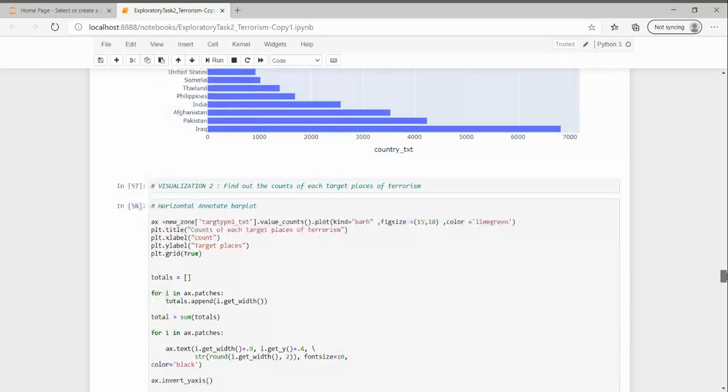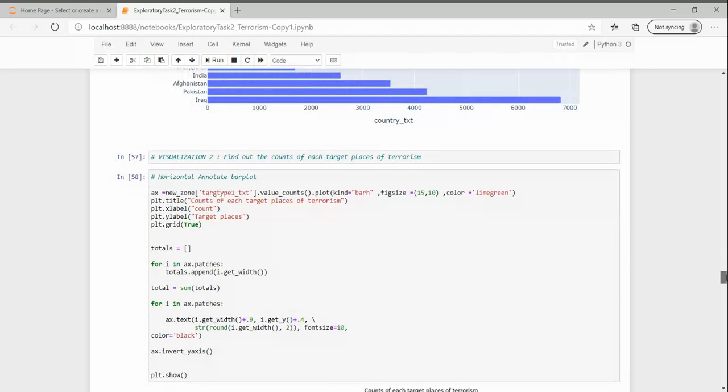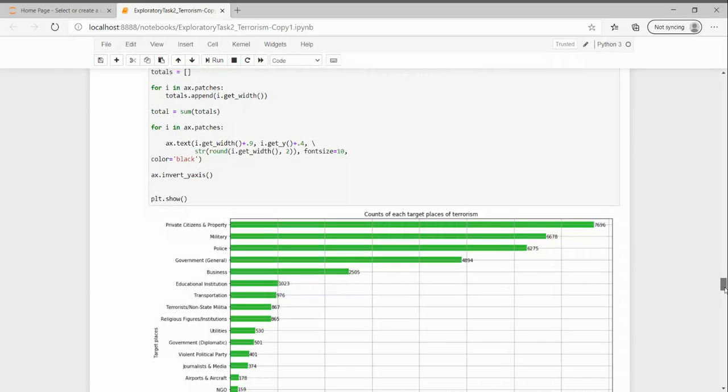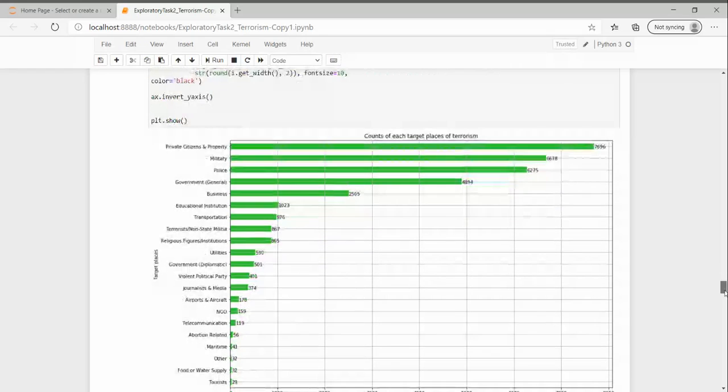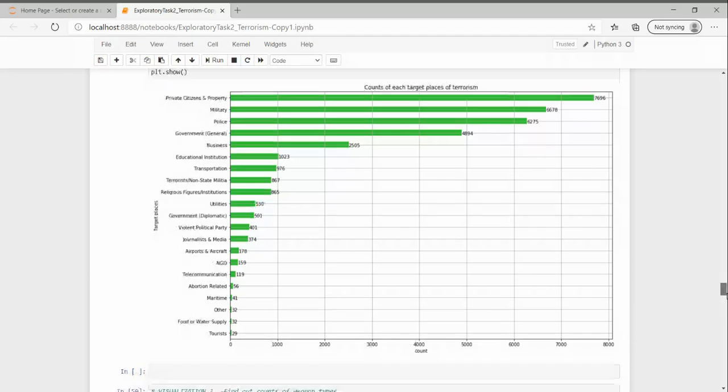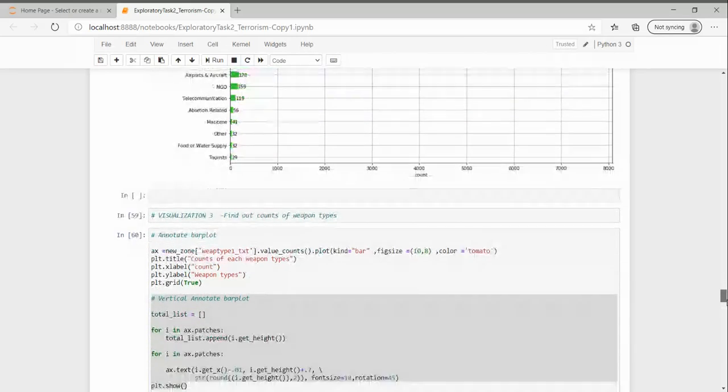My second visualization includes the count of each target place of terrorism, that is, which are the potential places of terror attack. Here I have developed an annotated bar chart. You can see all the bar charts with the values given here. From here we can see that the potential places of terror attack include private citizens and property, military areas, as well as police stations. So this is my second visualization. The third one is